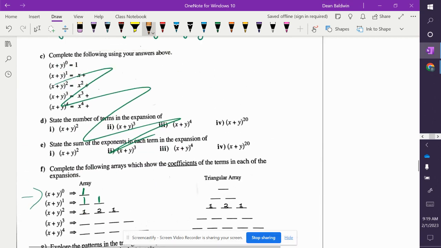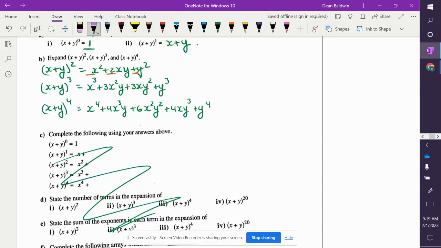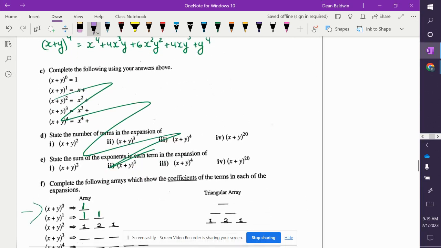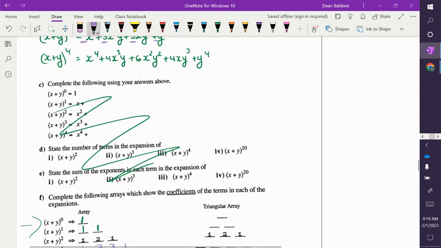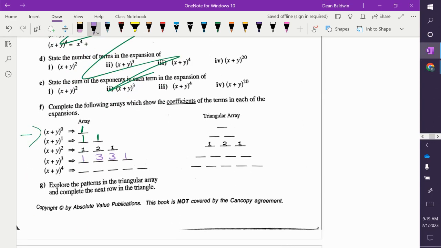X plus y cubed: 1, 3, 3, and then a 1 again. And we'll do 4 just because it's there. It's 1, 4, 6, 4, 1. Does everybody understand what I'm doing? Where I'm getting those numbers? Yeah? Okay. Now, if we take this little array here and we kind of switch it and make it a triangle,